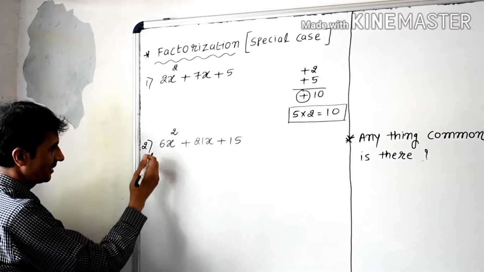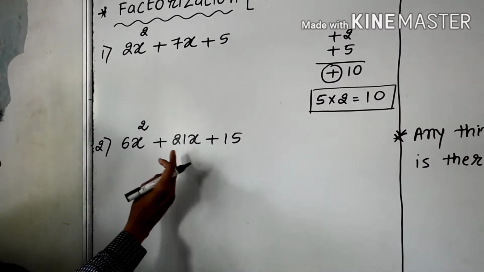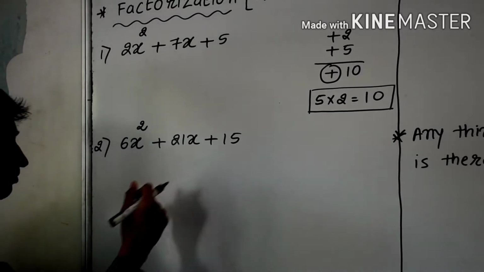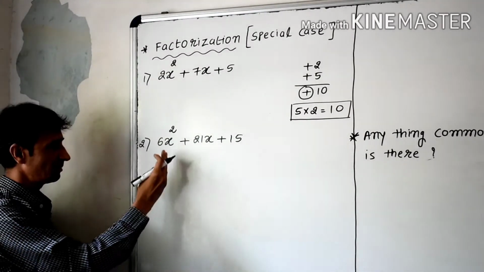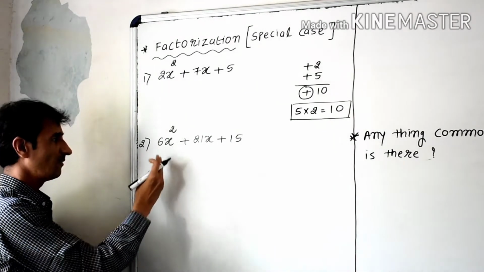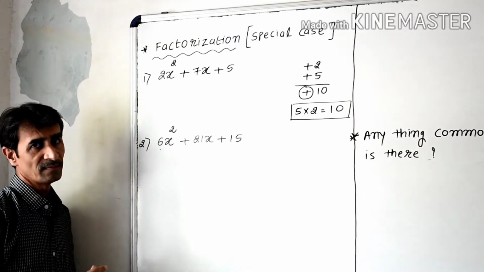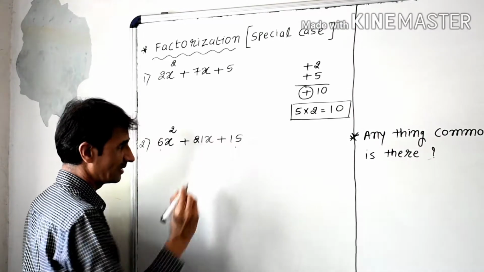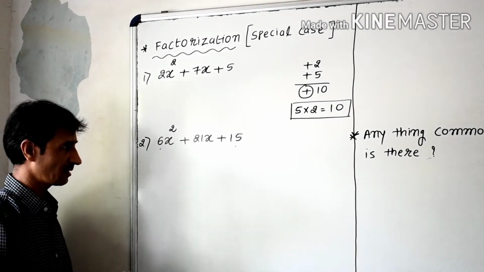Look here. In sum number 2, 6x square plus 21x plus 15. Now again I want to go for the question answer. Is there 3 terms? Yes. First term positive? Yes. Last term positive? Yes. First term square root possible? No, because here is the 6. Means what? The 6 is not a perfect square number, while the last term 15